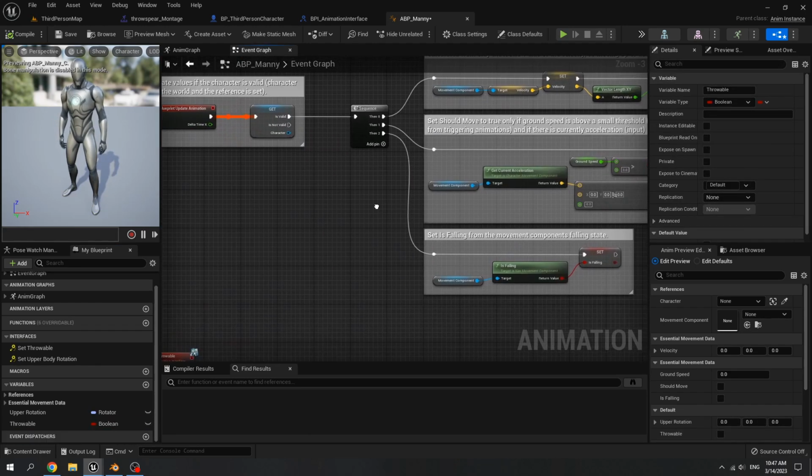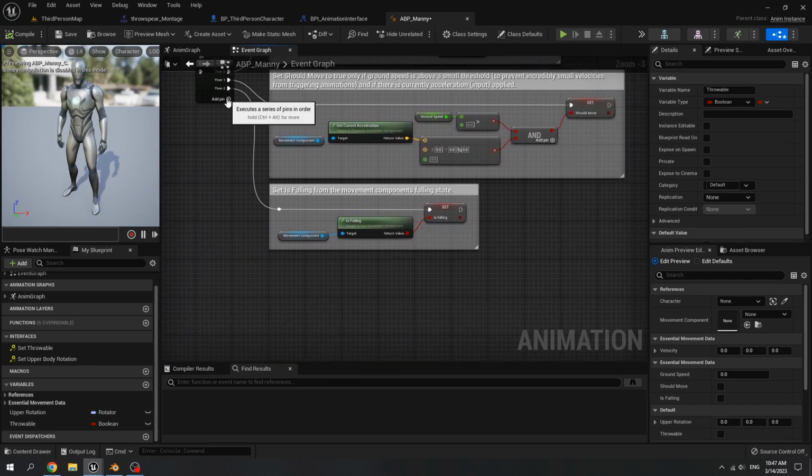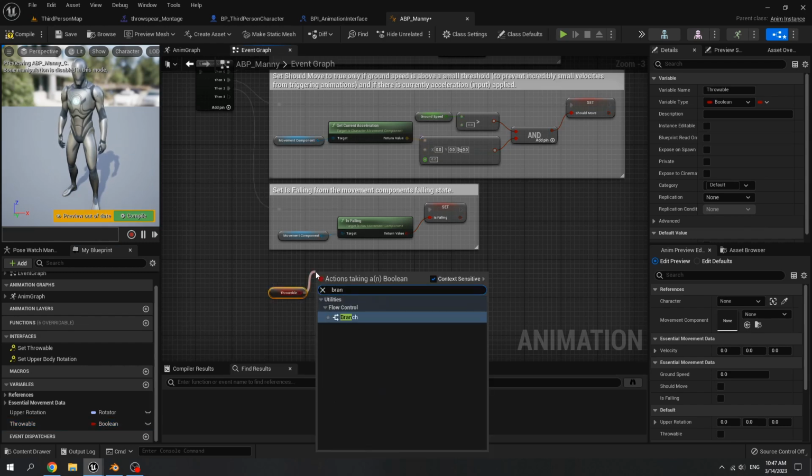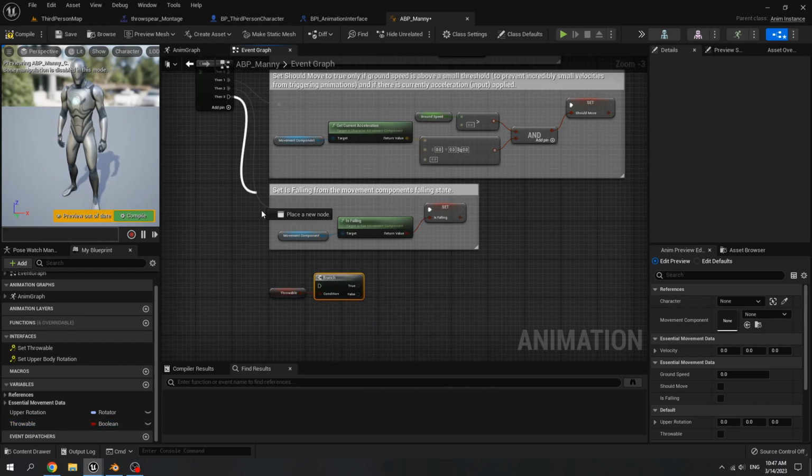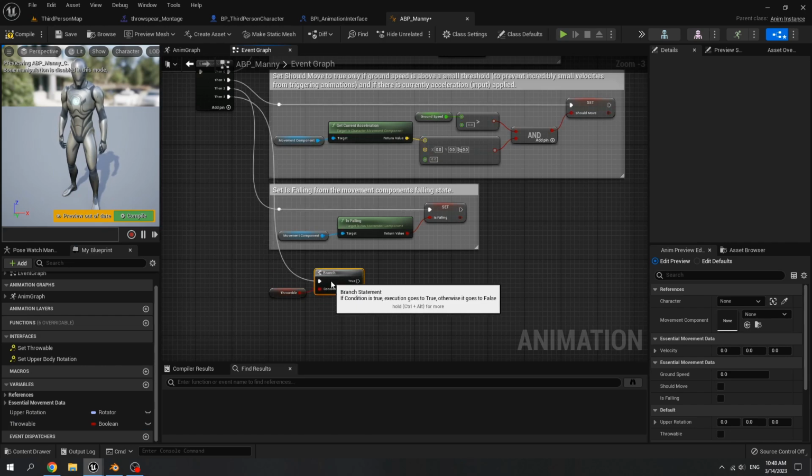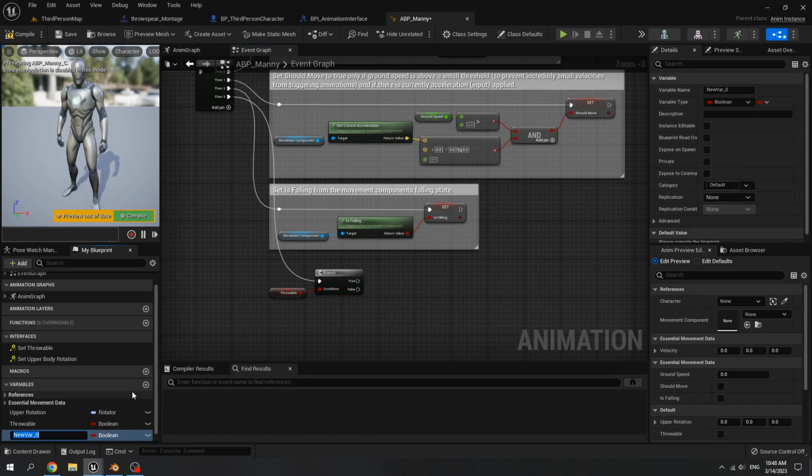For update animation, add a pin, get throwable, create a branch, and connect them to the branch. Add a new variable, name it upper alpha, and select the variable type float.